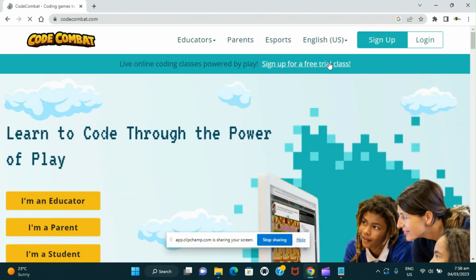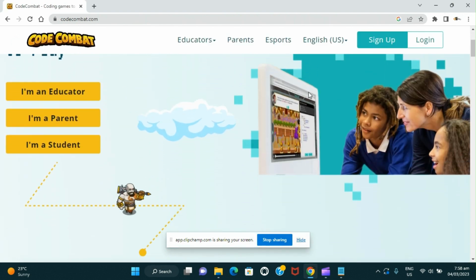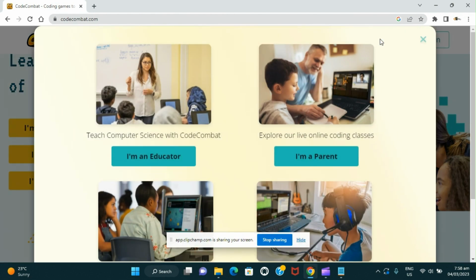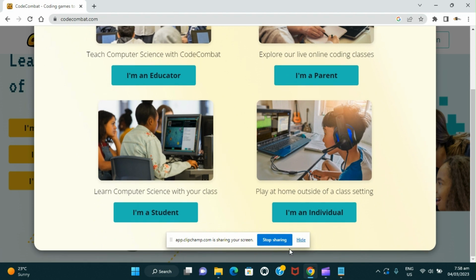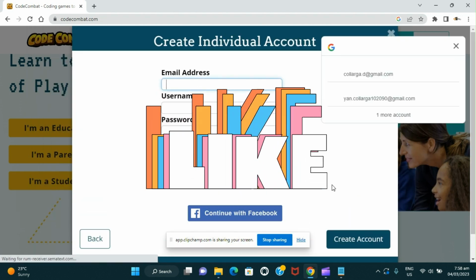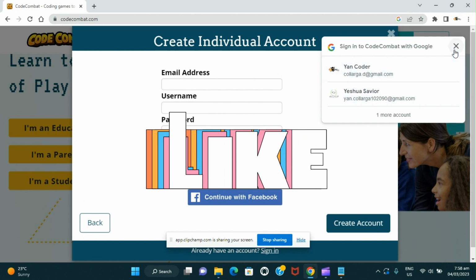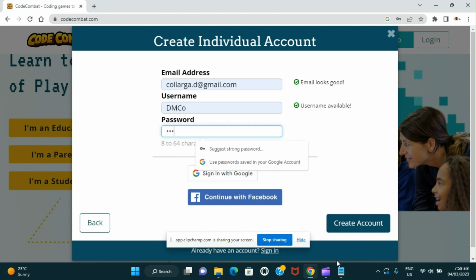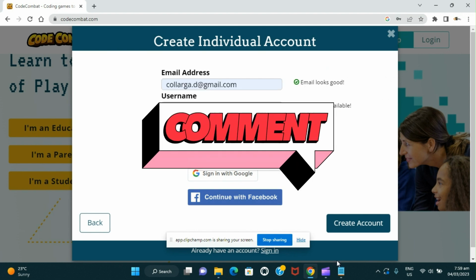CodeCombat, the ultimate way to learn to code. Are you tired of traditional ways of learning to code? Do you find textbooks and online courses boring and ineffective? Introducing CodeCombat, the ultimate way to learn to code. CodeCombat is an immersive game that takes you on a journey through a fantasy world filled with exciting challenges and